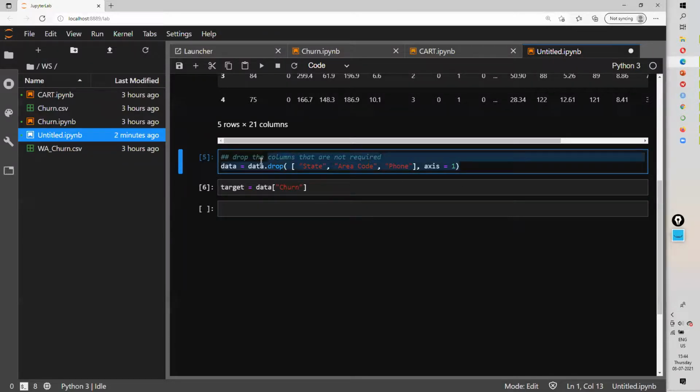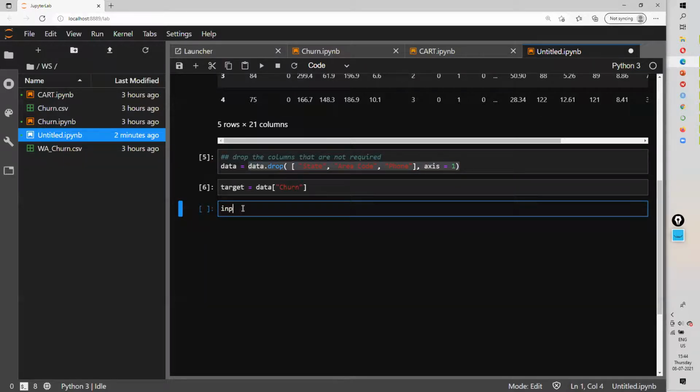Now, again, I will do this to say input. So I am going to separate my input variables. So these are going to be my input variables, except for this column, churn, because that's my target variable. I would not want that column to be present as part of my inputs. So except for this, rest all of them. Okay, input is a keyword in Python. We should not use this. Instead, I will be calling it X.